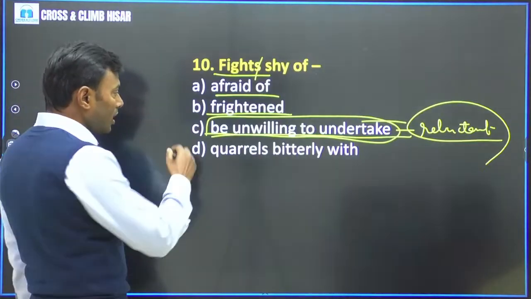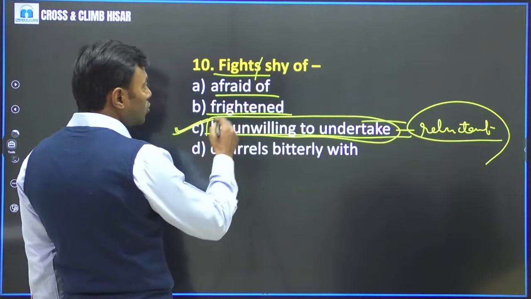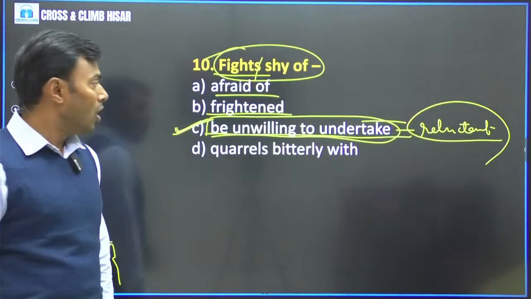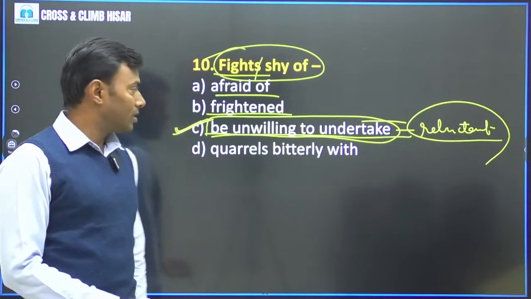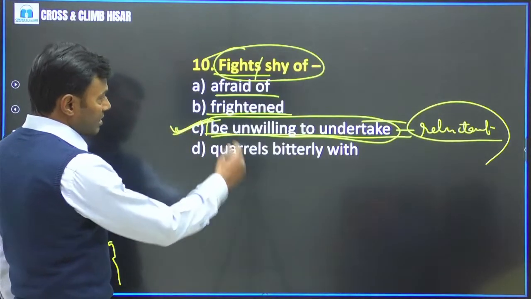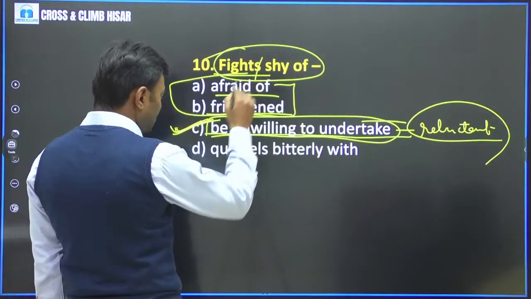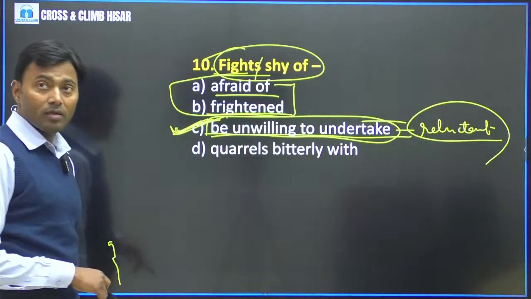So when you are unwilling, you do not show your will, you fight shy of doing something, right? You are unwilling of undertaking something. So C would be the better answer here. Afraid of, frightened, both are similar. C would be the correct answer here. Okay,